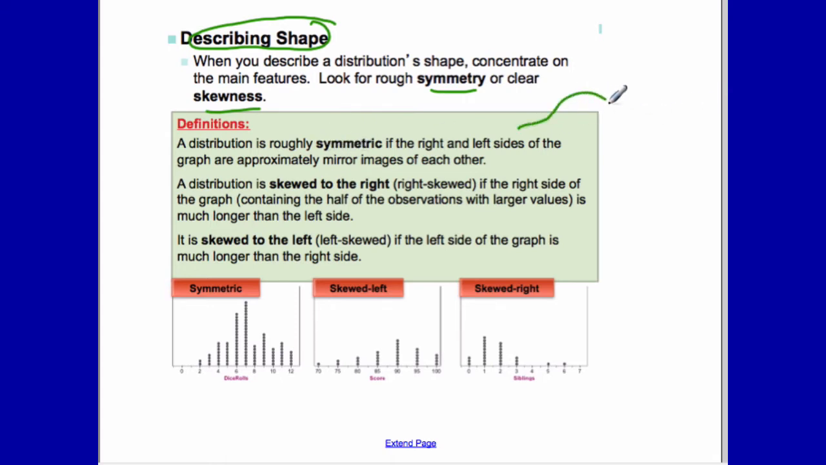So if I have a bell curve, that is symmetric because if I cut it in half, both sides are approximately the same. Could it be something like this, where it's double peaked? Yes, we still have symmetry. A distribution is skewed to the right if our data is